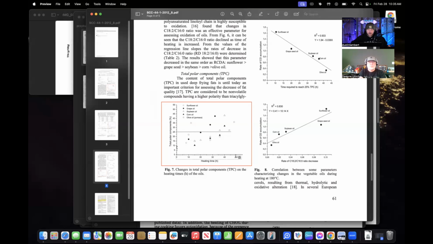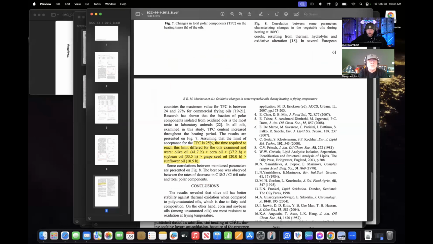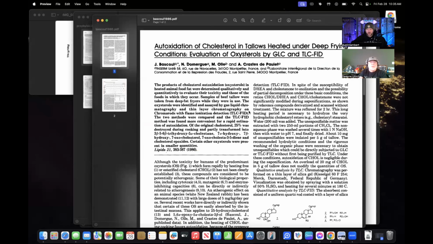All right. So it did take over 50 hours, over 40 hours for a couple of these things, the olive oil and the corn oil, to reach that 25% threshold, right? And we can see that 25% threshold and the hours for each of the oils. All right. So staying on the topic of total polar components, we have here a study on tallows heated